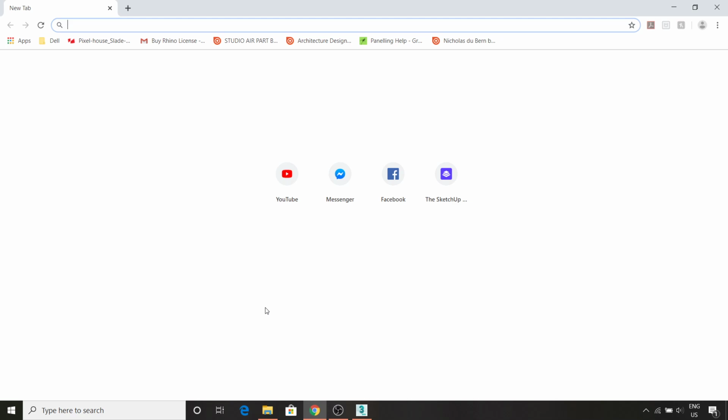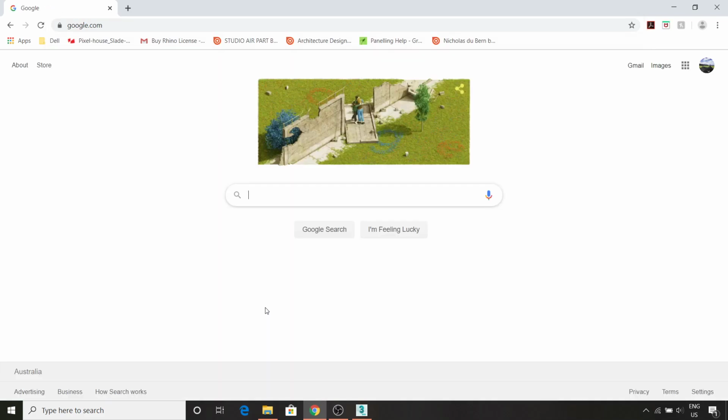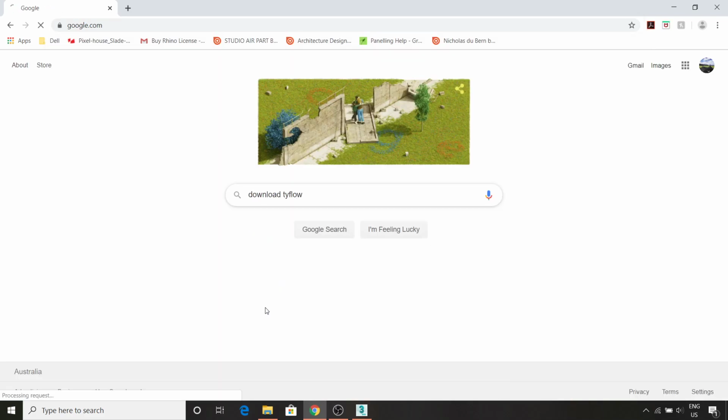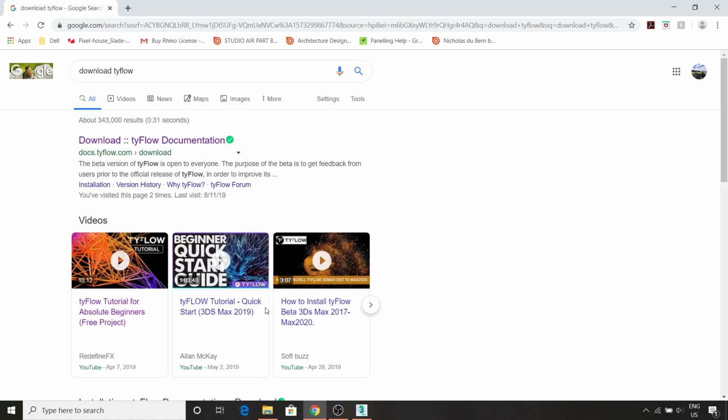In this video, we're going to learn how to install the Tyflow plugin for 3ds Max. So the first step to do is go to our preferred search engine and just simply search download Tyflow. You don't even have to write download Tyflow for 3ds Max because the first result that's displayed, that's where we